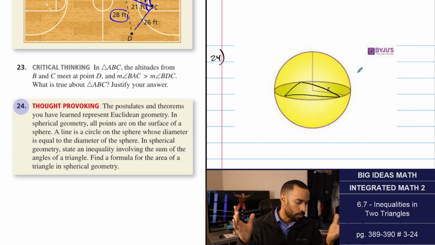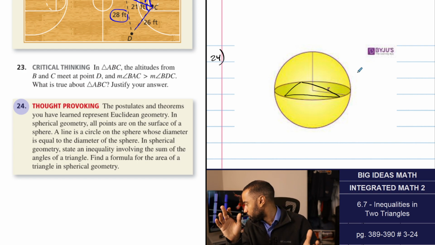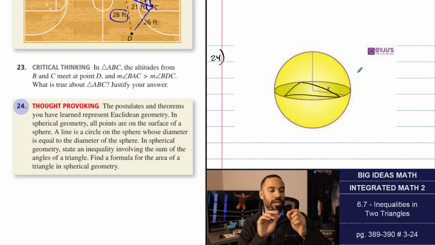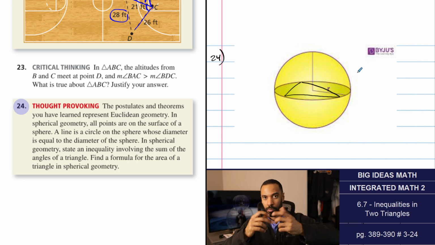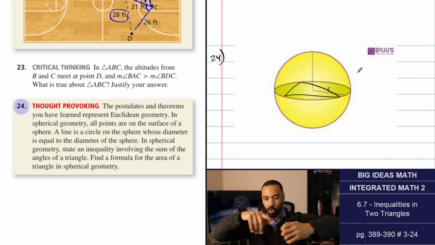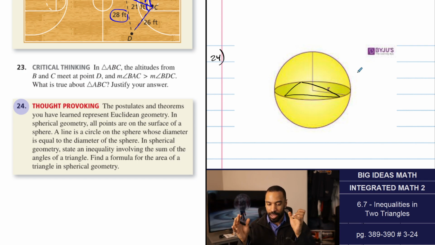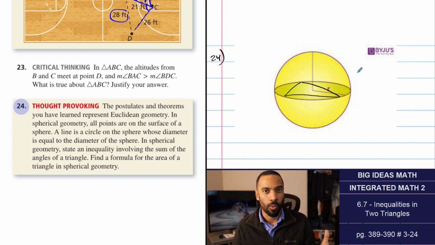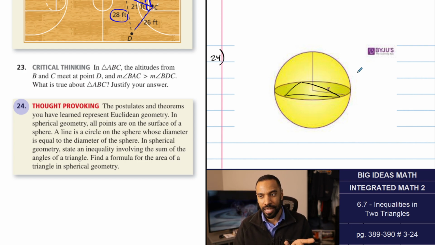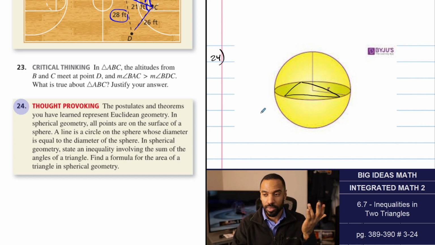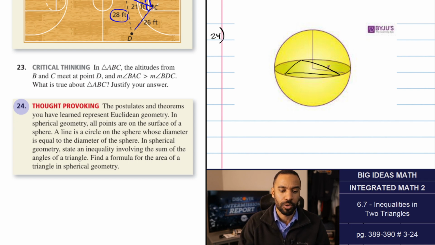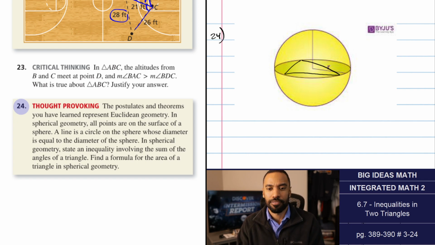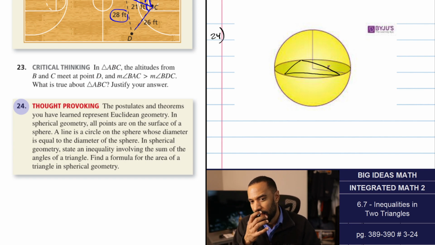So I don't have a ball with me here, which is ironic. I'm a softball coach. I should just have them everywhere. But if I wrapped a string around a balloon or a ball, whatever, and I drew a triangle, now if I open up that string, the triangle's angles open up more. Because they said write an inequality. So maybe what they're saying is the angles are greater than 180. I don't really know if that's what they're referring to in that kind of instance. But if they're greater than 180,